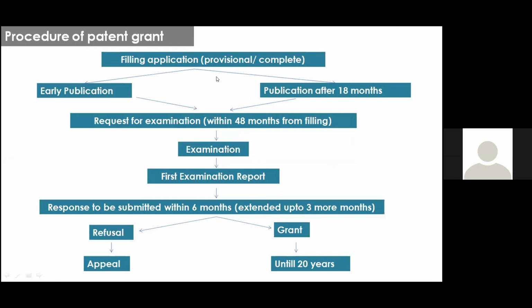If you have made a provisional application, you need to complete the application within 2 months. You can make an early publication, or you can publish after 18 months of filing the application. Within 48 months from filing, you have to request for the